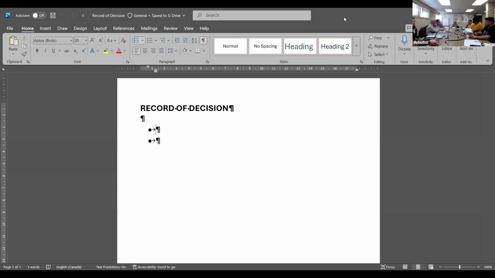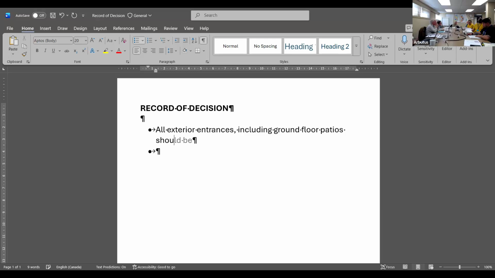Yeah, I would just say that all exterior entrances, including ground floor patios, should be made accessible by ramp.